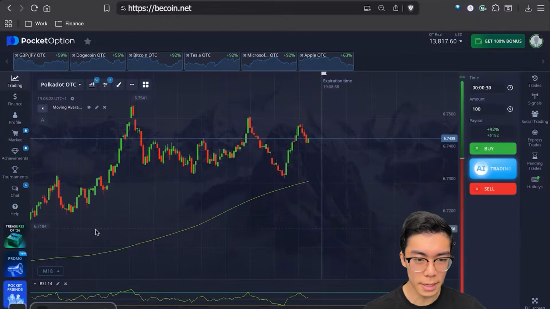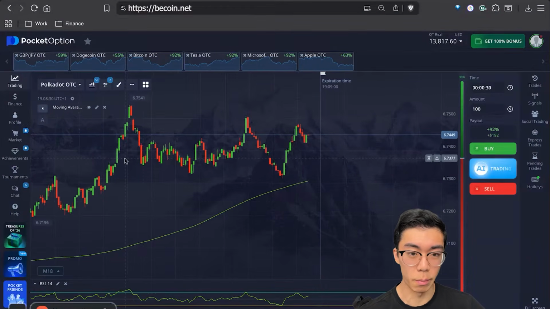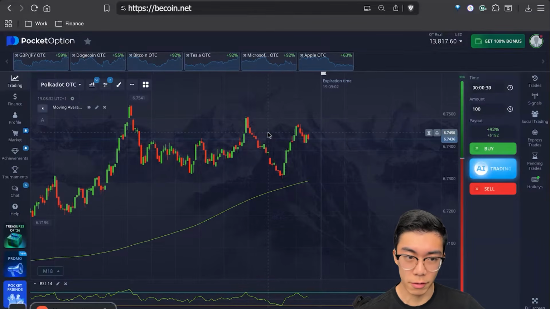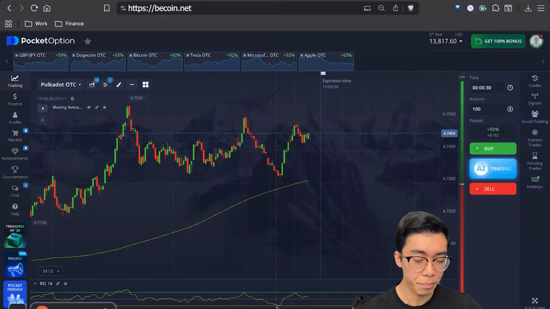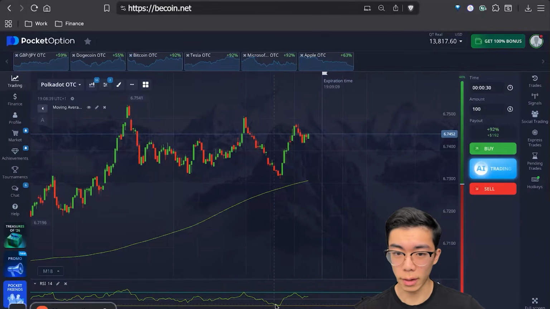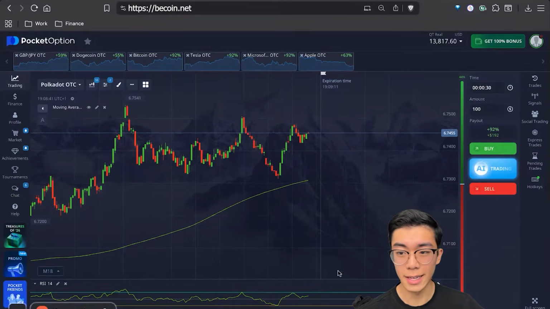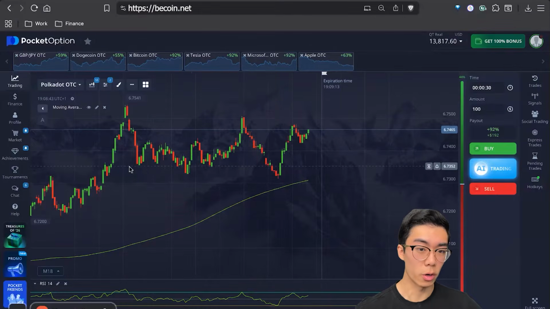So how you trade with this strategy is basically you want to see that the chart is either above or below. So let's say the chart is above right here. What you want to see is that the RSI is dipping below. Okay, so you want to see it dipping below, and that's a perfect buy opportunity. However, if the chart